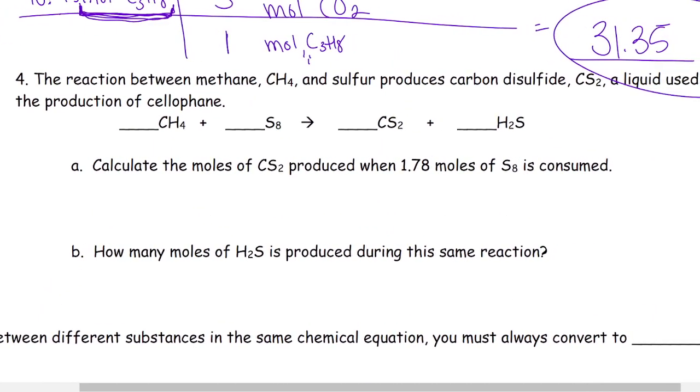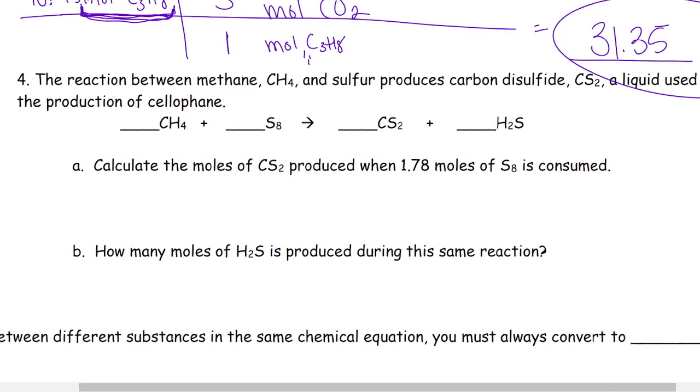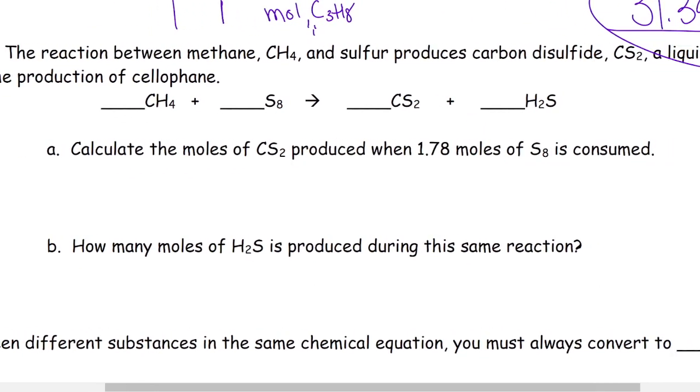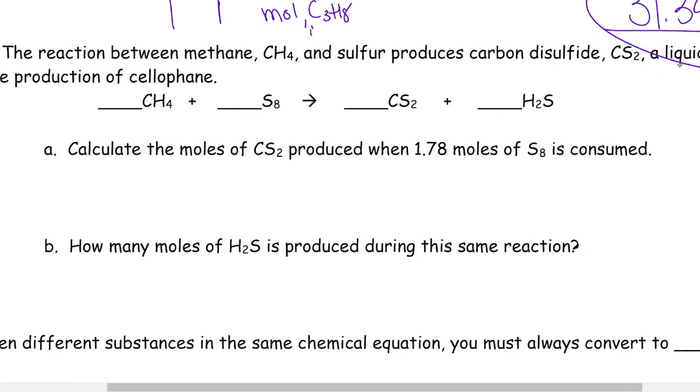Let's finish example 4 and then we are good to go. Number 4 says the reaction between methane, which is CH4, and sulfur produces carbon disulfide, which is CS2, a liquid used in the production of cellophane. So starting with your reactants and products chart,